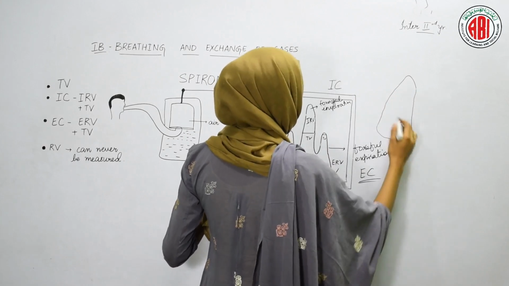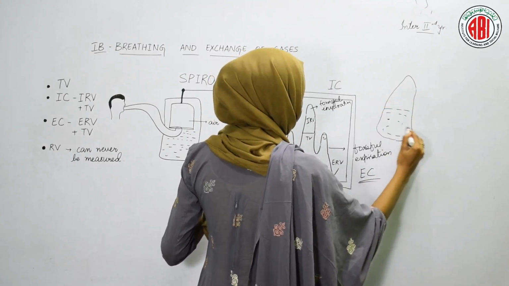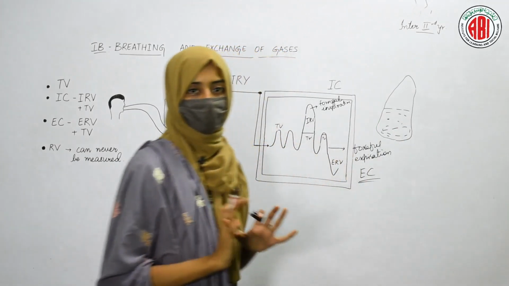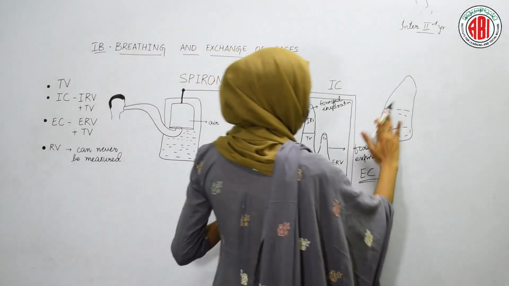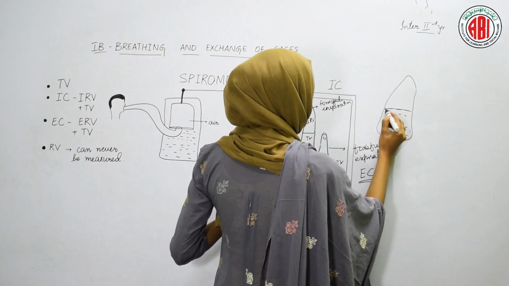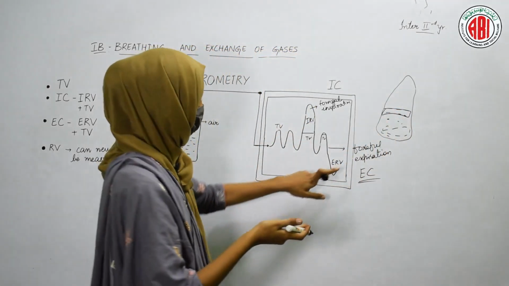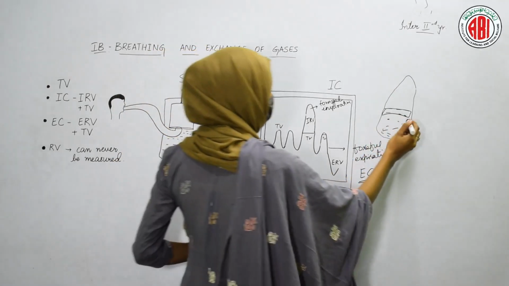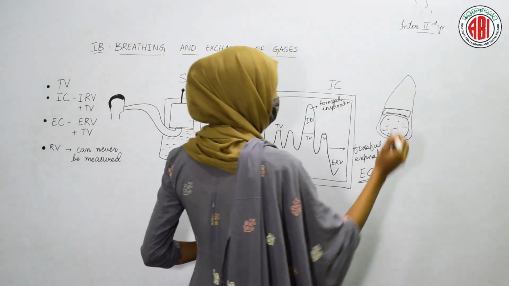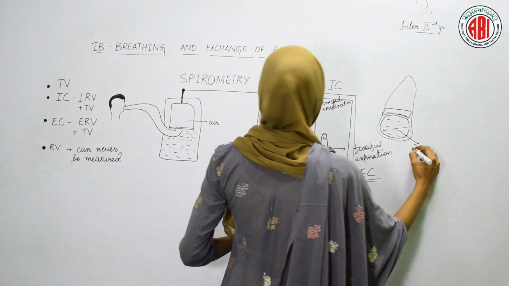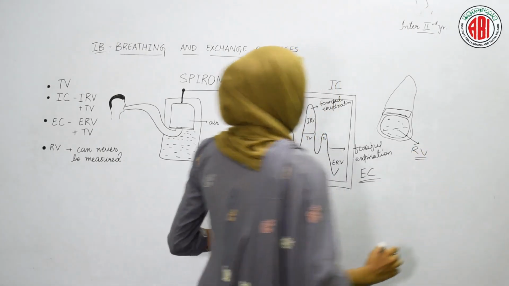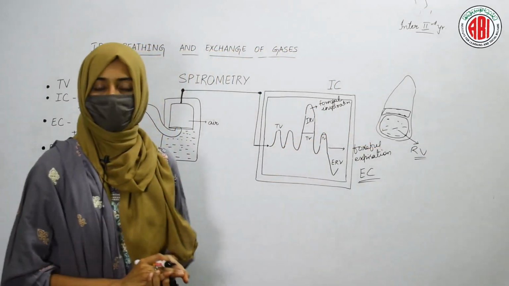So, this is our lung. In a lung, some amount of air is present, which is a fixed amount of air. Out of that fixed amount of air, we can exhale this much by forceful expiration, but the rest of the air can never be removed from our lung. It is given as residual volume. So, how can we measure this residual volume?